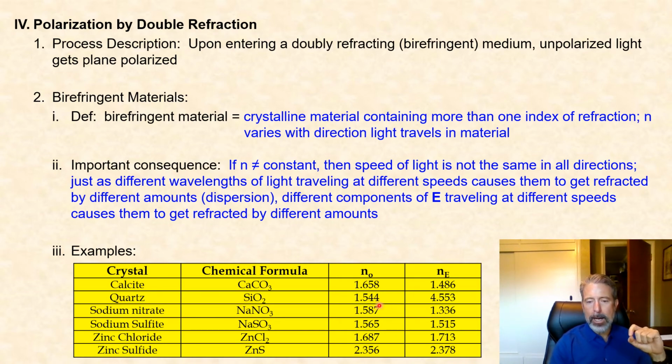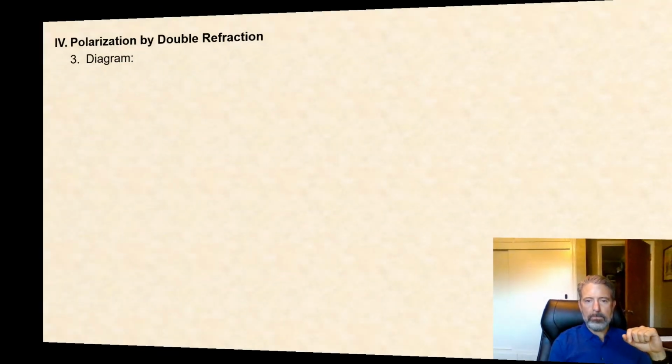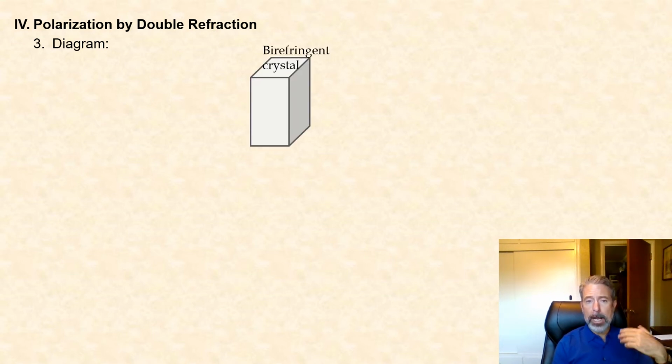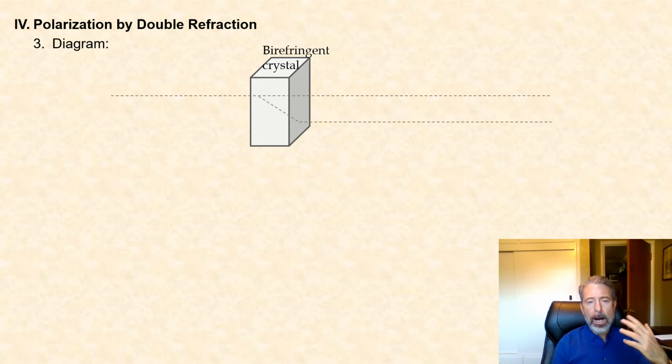Quartz, silicon dioxide, again, notice two indices of refraction, sodium nitrate, sodium sulfide, zinc chloride, and zinc sulfide are also examples of doubly refracting or birefringent materials. So I think this diagram should help us understand how unpolarized light becomes polarized with this method that we call polarization by double refraction. So we start with a birefringent material, in this case a birefringent crystal, and I'm going